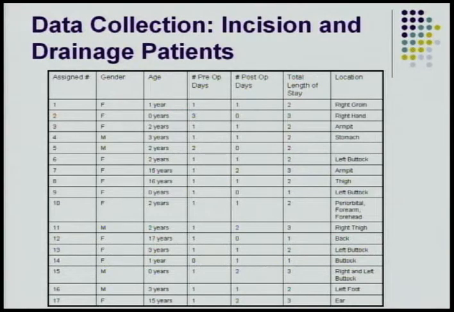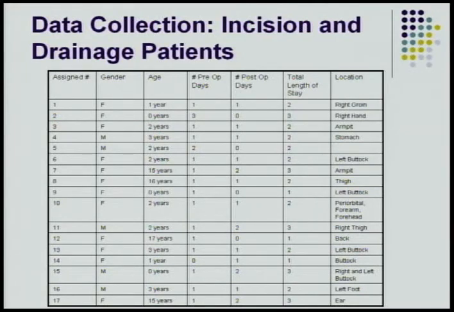This is an organized chart that I have presented, and as you can see, for the number of pre-op days, the majority had at least one day of stay before they went to surgery, leading to a total length of stay that was longer than the IV